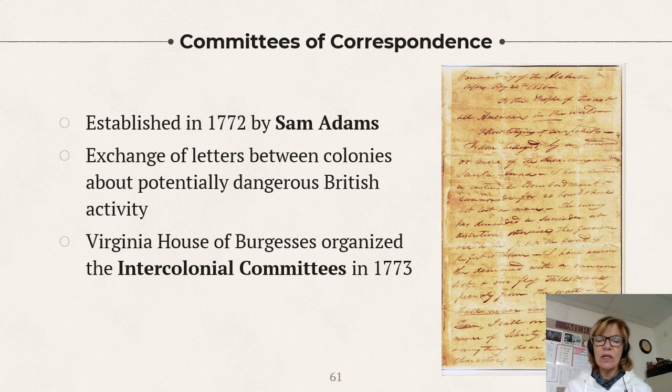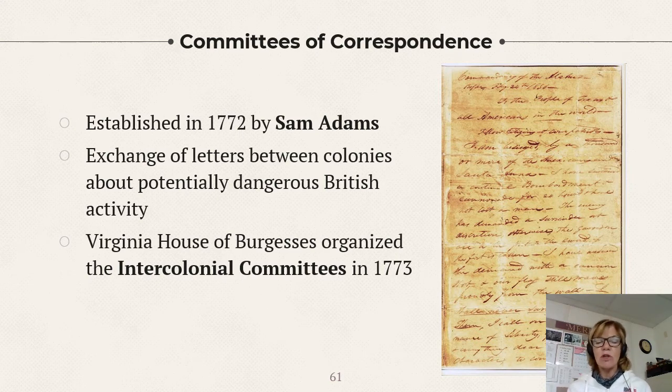One thing that continued since the Stamp Act Congress was this Committee of Correspondence. This was established by Sam Adams, and what people do is they exchange letters from colony to colony to plan their attack against the British. And as you're going to see from the videos that you're watching, the spy network and everything else, you can even detect some things here in this letter if you can read cursive. But it talks about liberty for all and everything else. So you're passing on these ideas from one place to another.